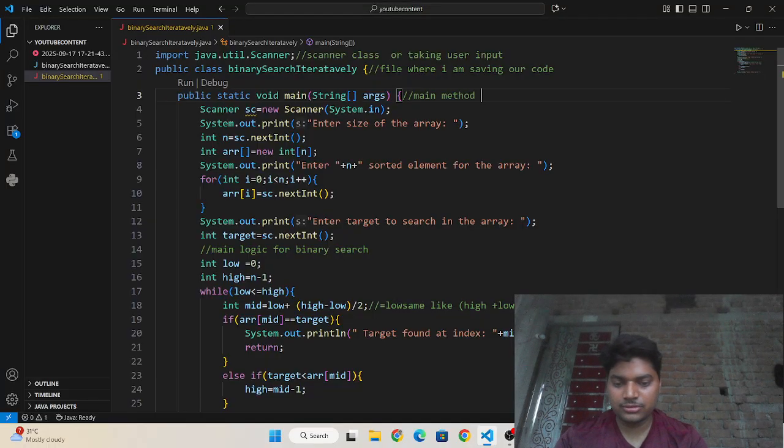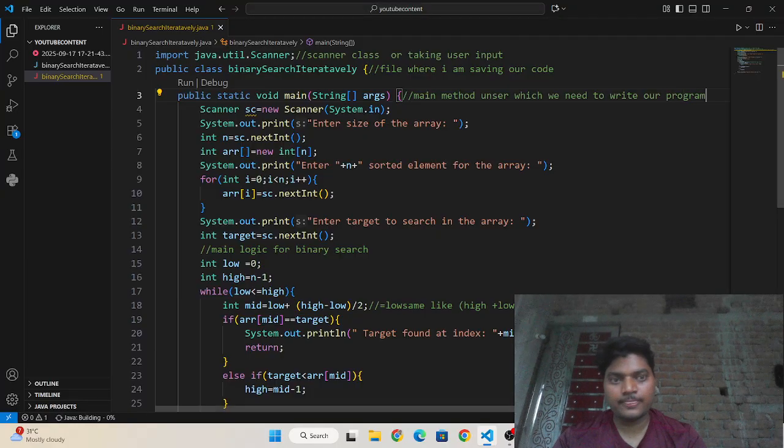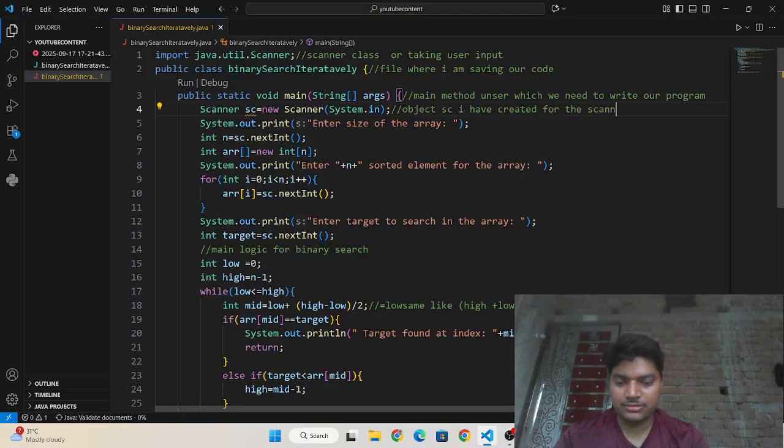Main method under which we need to write our program. And this is the object SC I have created for the scanner class.